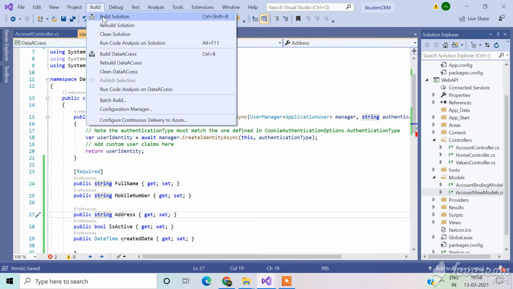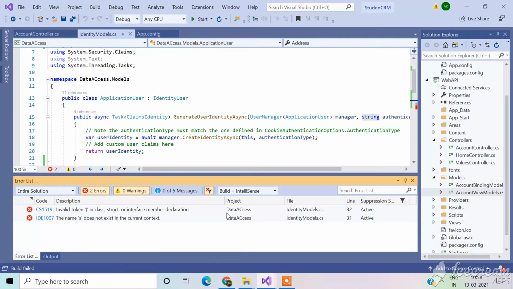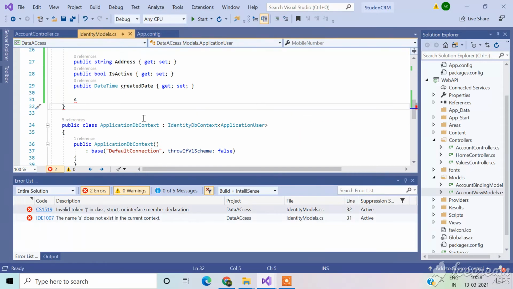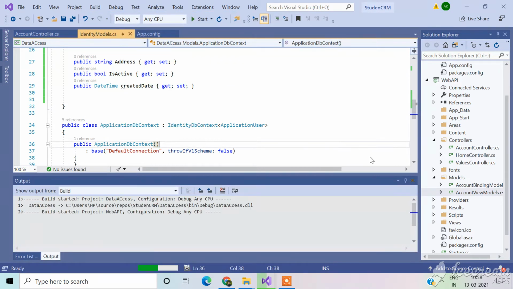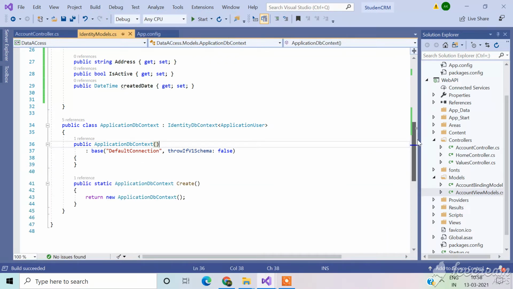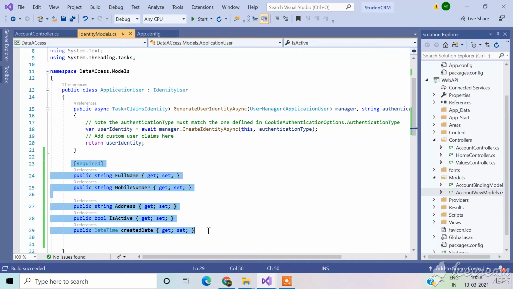Yeah, so I want these few more columns. If you want a few more columns, then you need to introduce all those columns into the identity view models. That is the application user class.